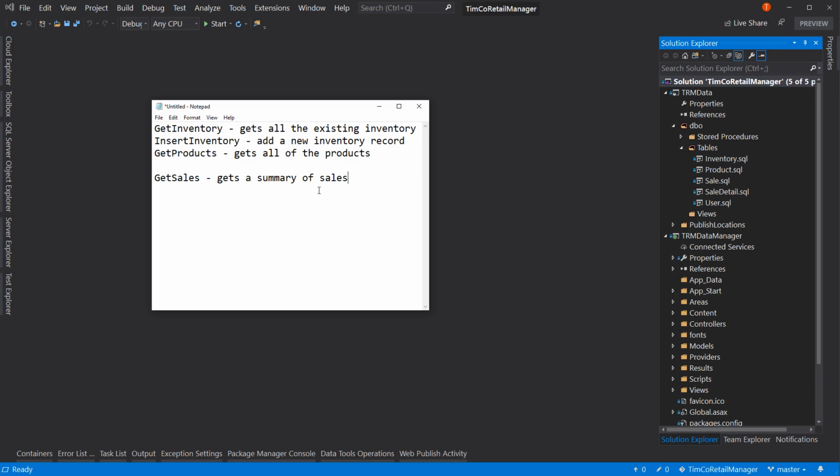So those are the things we're going to tackle today. We're going to create the stored procedures if necessary. We're going to create the models to populate, and we're going to create the API endpoints to either view the information like these gets,